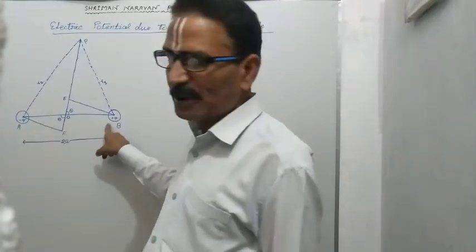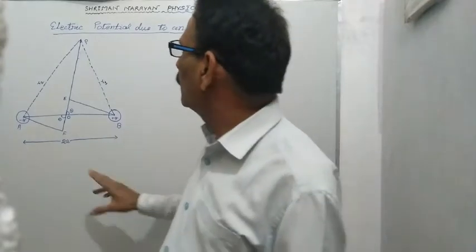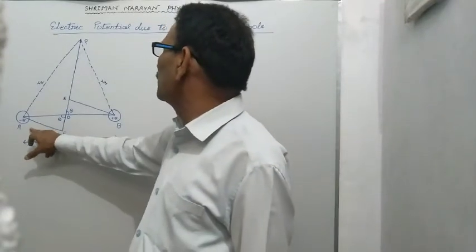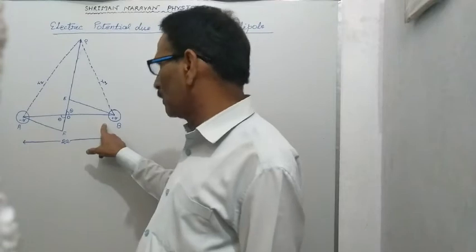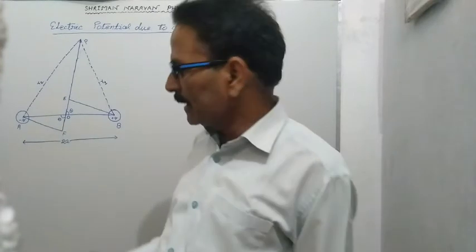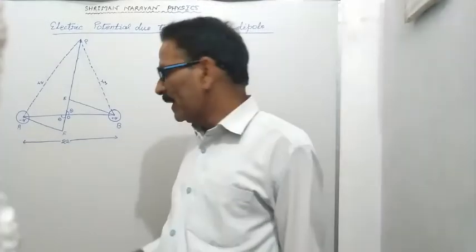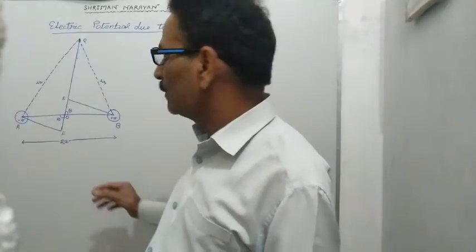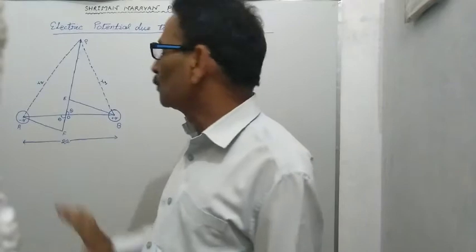मान लिया जाता है दो इक्वल एंड अपोजिट चार्जेस माइनस क्यू और प्लस क्यू क्रमशः बिंदु ए और बी पर लोकेटेड हैं एंड इमेजिन दैट द डिस्टेंस बिटवीन देम इज 2a.